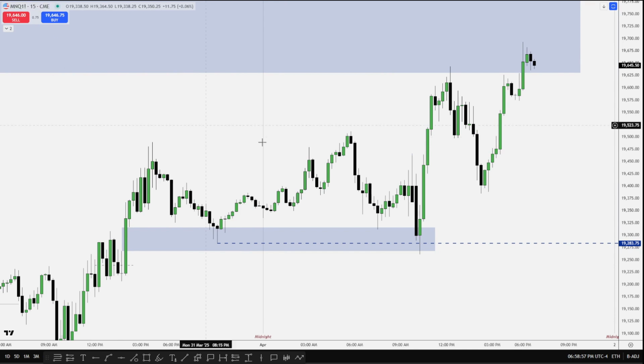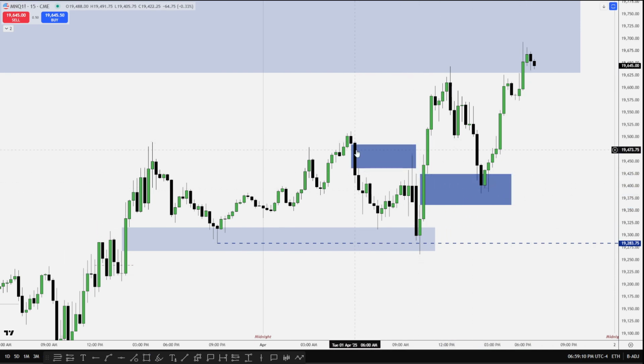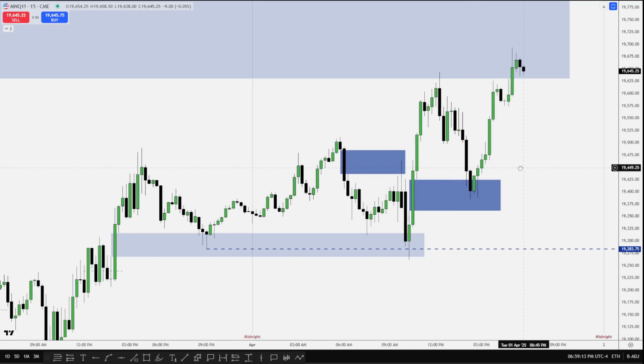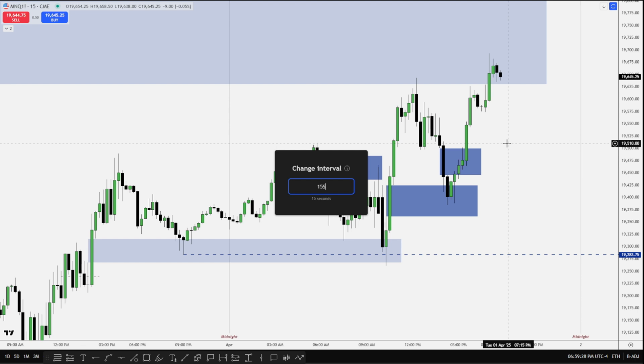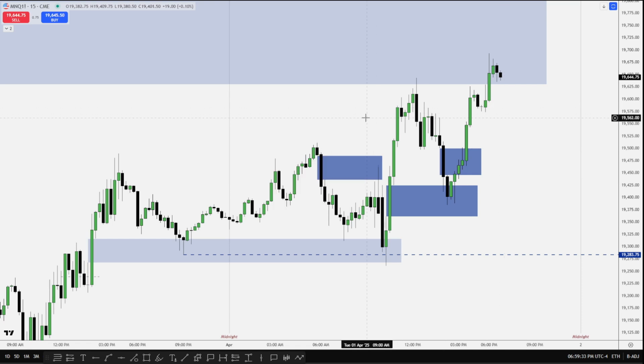So using 15-minute inefficiencies, if you have the 15-second chart. You have a 15-minute inefficiency here, they got traded to. You have a 15-minute inefficiency here that got traded to. So these two inefficiencies got traded to. You have a 15-minute inefficiency here that got traded through. So a trick I would give you guys, and this is high probability stuff, and this is going to line up with time anyway, so don't focus too much on it. But using the 15-second to